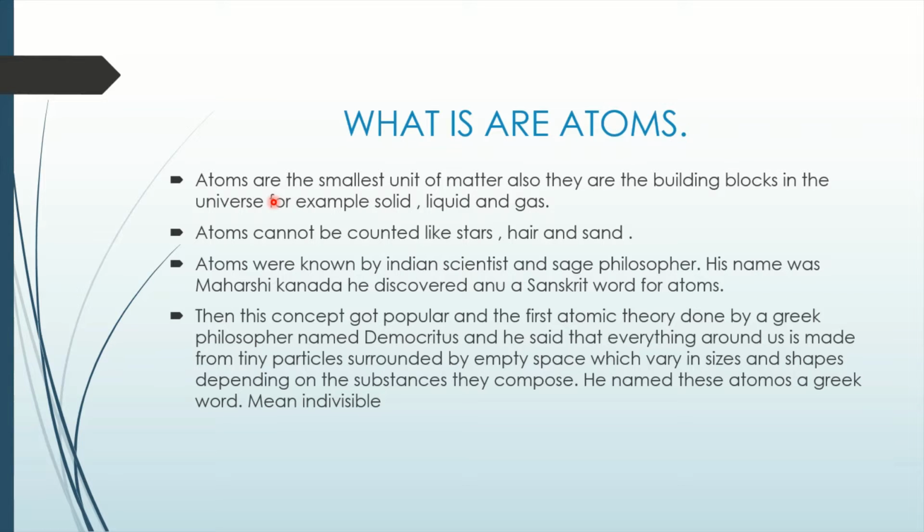Then this concept got popular, and the first atomic theory was proposed by a Greek philosopher named Democritus. He said that everything around us is made out of tiny particles surrounded by empty space, and they vary in sizes and shapes depending on the substances they compose. He named these atomos, a Greek word that means invisible. Now,